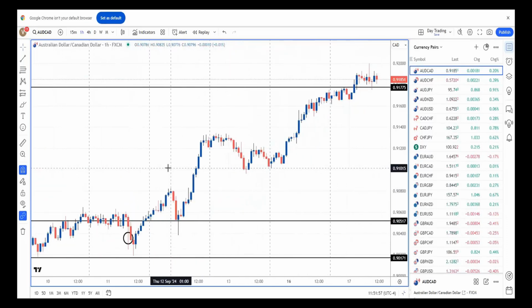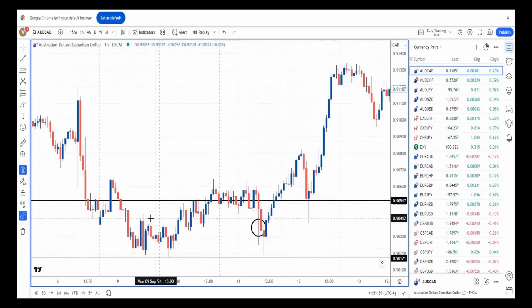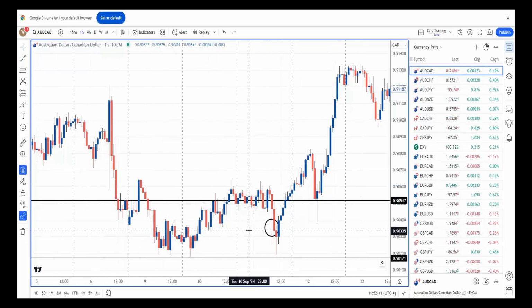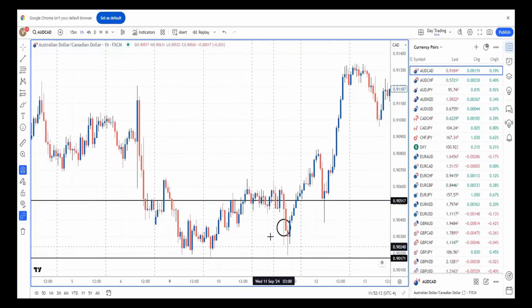Now, why was it an entry there? Because as price was coming down and making lower highs and lower lows, it made one more lower low right here, and then took out all these highs back in here. And it pulled back, and this is the entry. Not only that, not only do we have a swing break in here, but we also have, if we go back to my hourly chart,